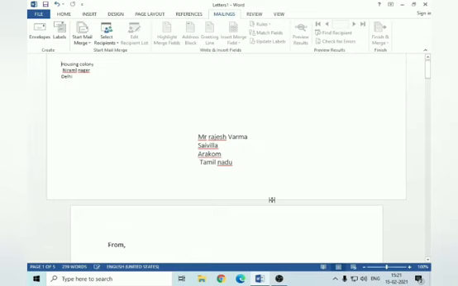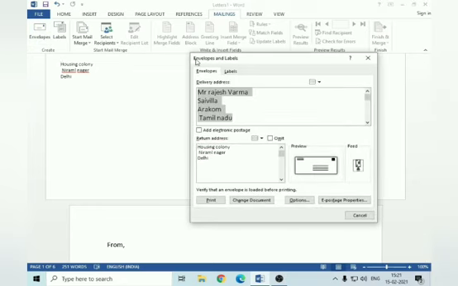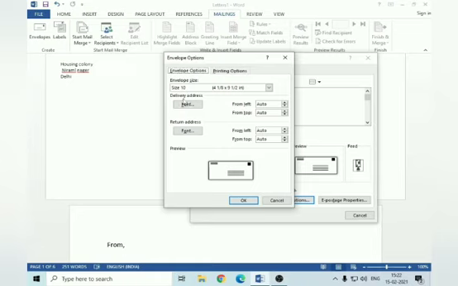And also we can change the font size of the return and delivery address. For that, click on envelope option again and you can see an option button. So click on the option button, you get a window, and here you can change the font size and style.